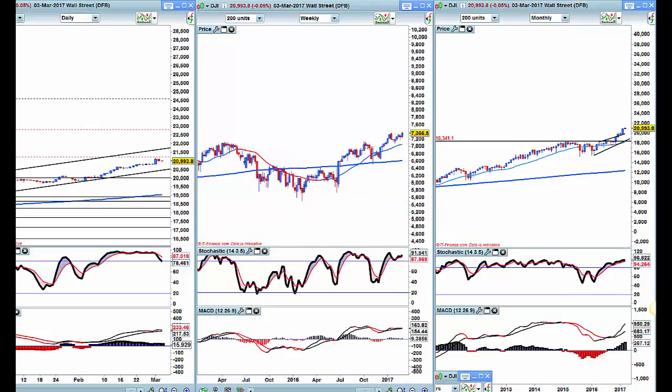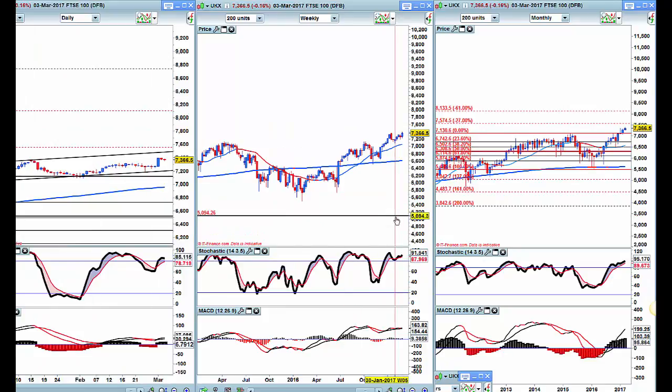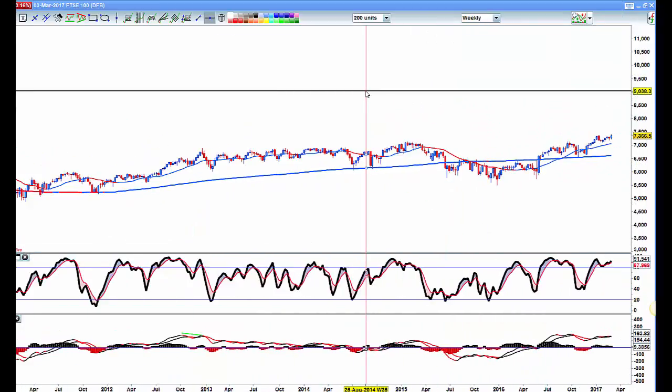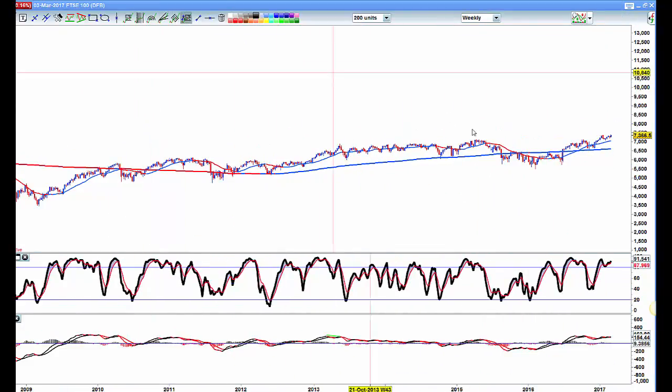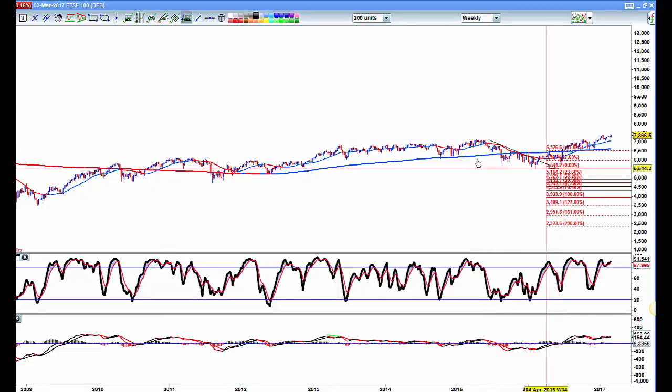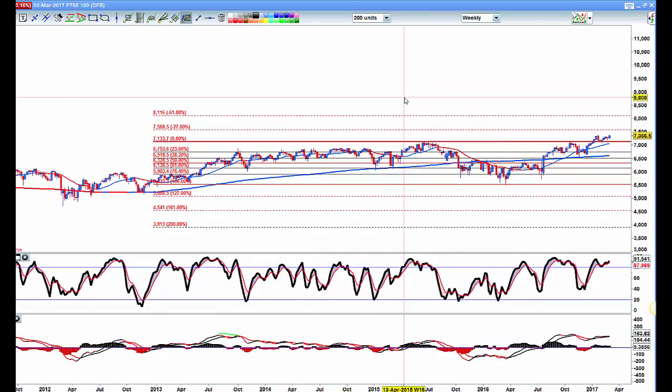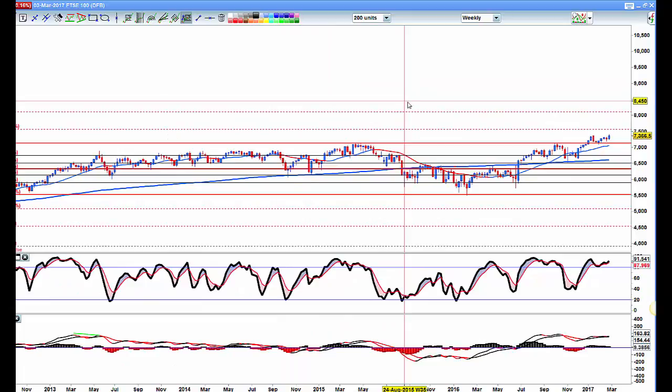Even the FTSE is a very, very similar pattern. Let's look at them weekly on this one, and I will pull the fibs back from this area here. Well, okay, let's stick to the last range. That's the fibs on the last range. So we look as if we are heading for 7,570 on that, and any pullback, a pullback to previous week's high,